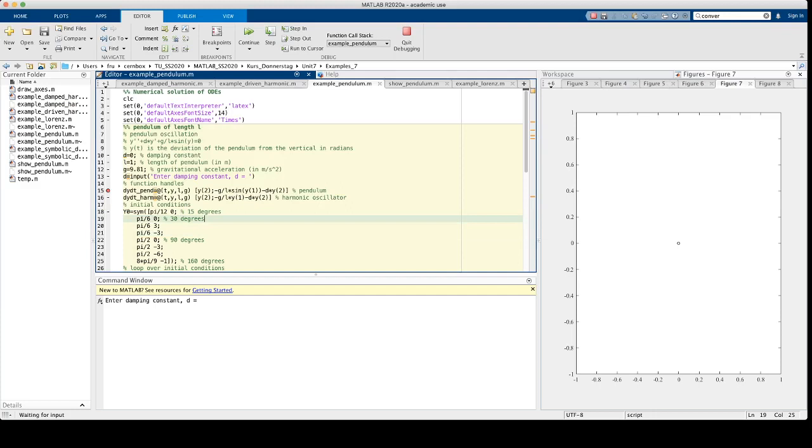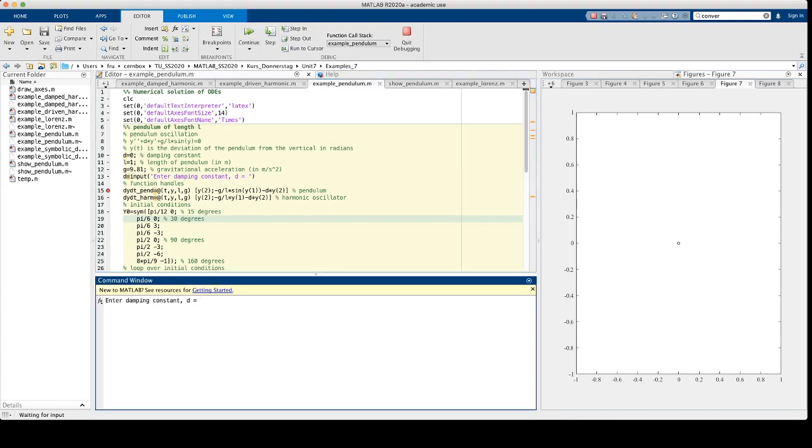Because of the sine function, this equation is a nonlinear ODE. Y of t is the deviation of the pendulum from the vertical, measured in radians. D is a damping constant, which can be 0, in which case the pendulum is undamped. L is the length of the pendulum, G is a gravitational acceleration, and we can run the script with various values of D. So let's enter 0